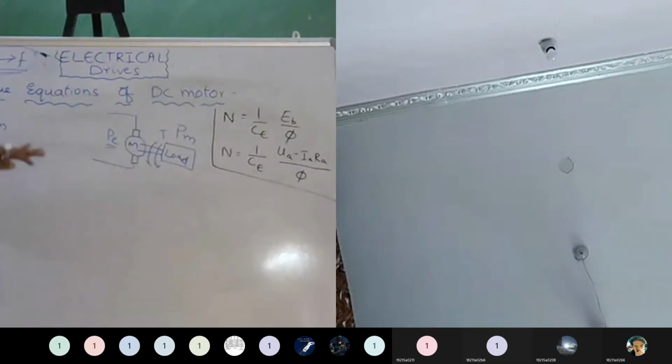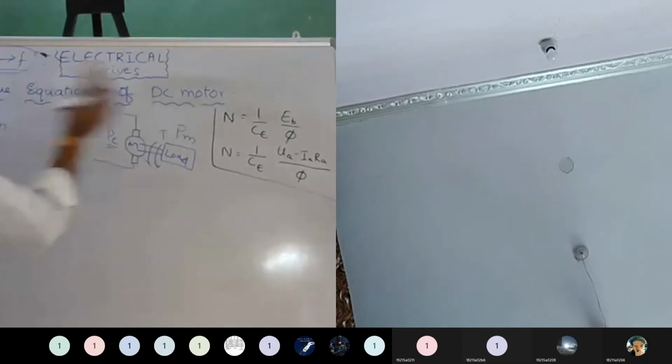But this will be the easy method to understand. That's why I'm going with this method. If you want how we generate it from the motor also, I can say. But right now, this will be better. If you want that one, I will create it. Suppose we get more classes, that time we will discuss.